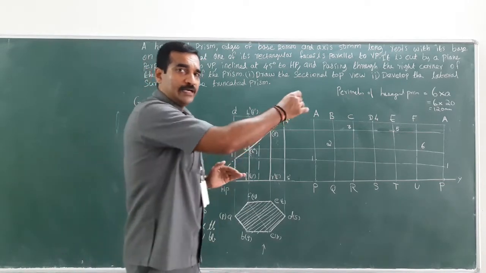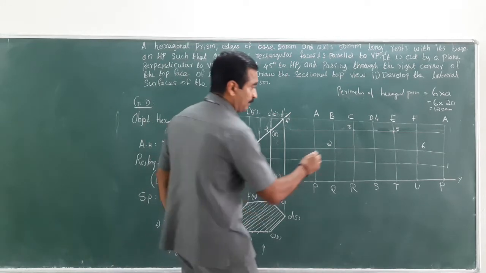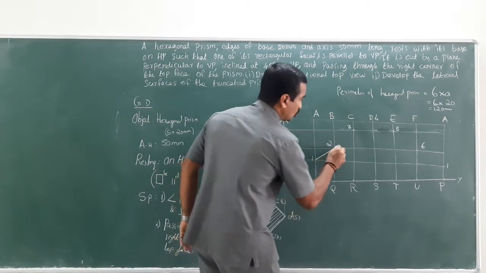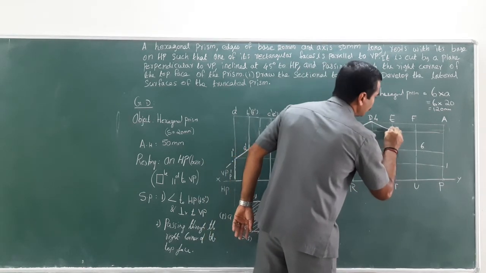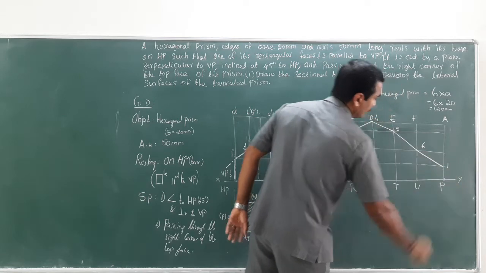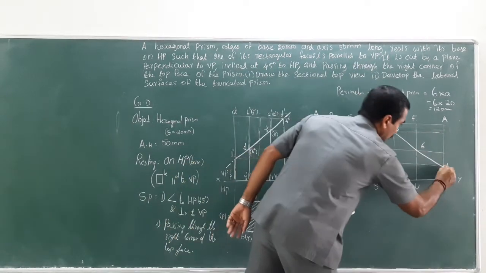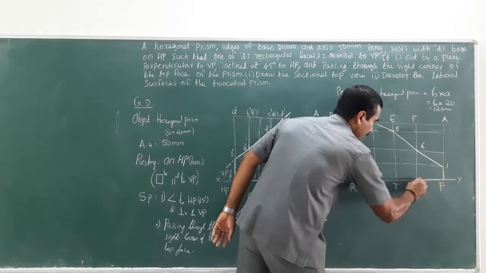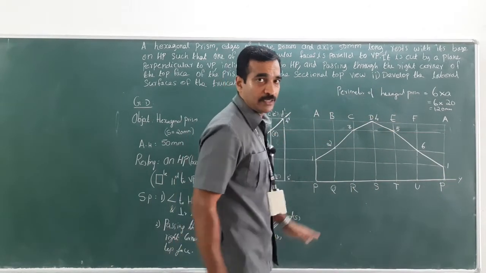Now connect all the new cutting points by using scale and pencil. Just connect it. 1 to 2, 2 to 3, 3 to 4, 4 to 5, 5 to 6 and 6 to 1. Right. Now close all the boundaries, the remaining portion. Close the boundary. So this is remaining portion, right.